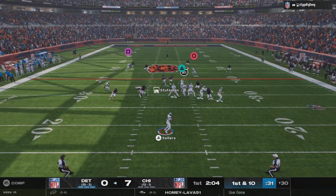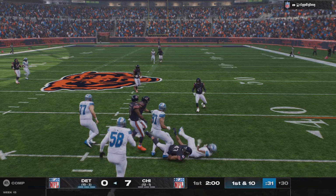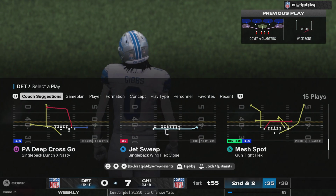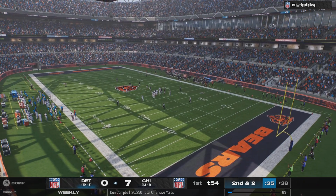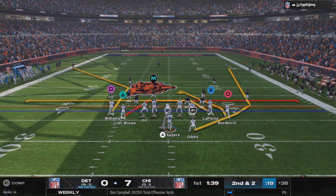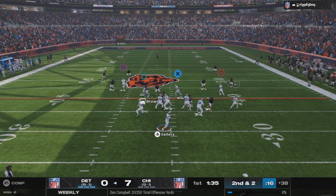Off the play fake, he'll look to throw. That's caught by Gibbs. That's a nice pickup on a 1st down throw. It's a gain of 8. Just take what the defense is giving you. You can stay ahead of the chains and just take these easy pitch and catch throws underneath, hitch routes, quick game. Now it puts you in a lot more favorable down and distances to eventually attack this defense a little